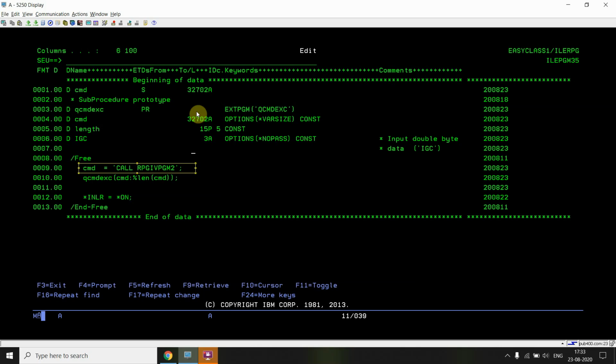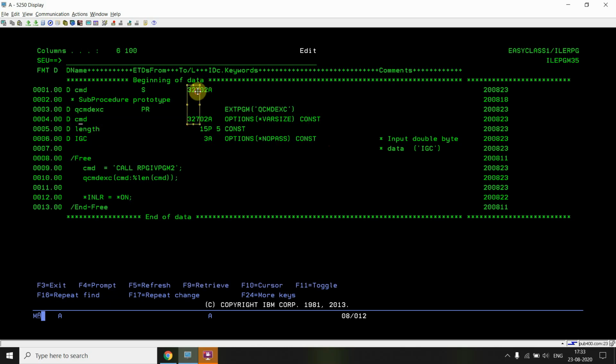But in ILE we have multiple options during prototyping. So we can specify OPTIONS(*VARSIZE) here, which will accept any other string which is less than this. For example, this is just the documentation. The definition is here, CMD is defined here, not here.